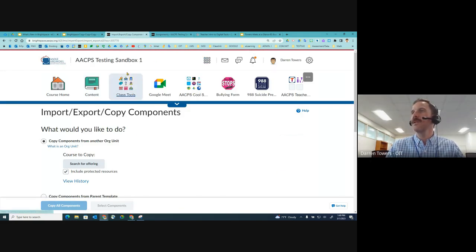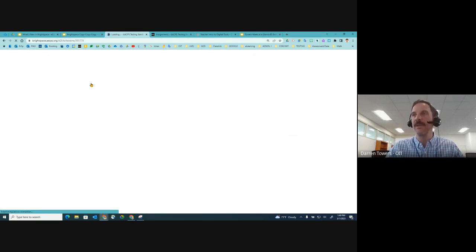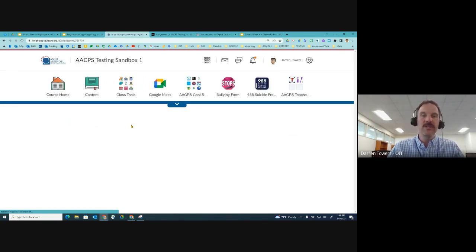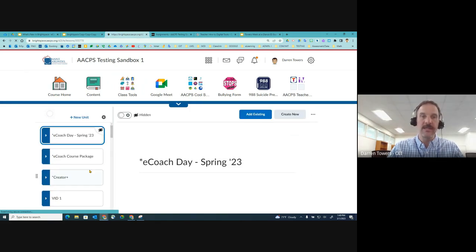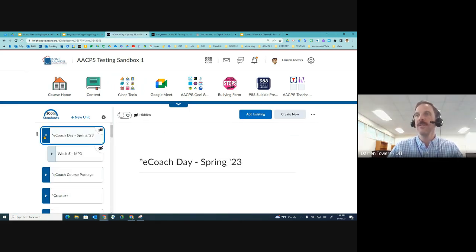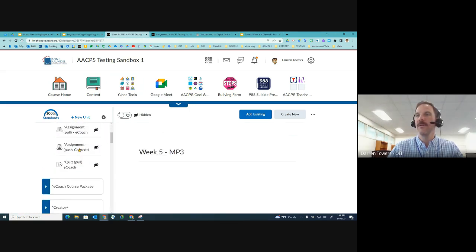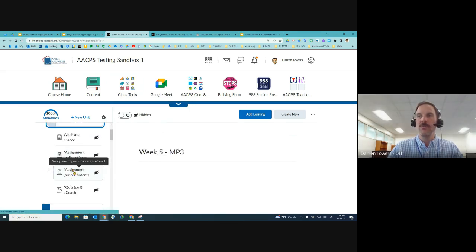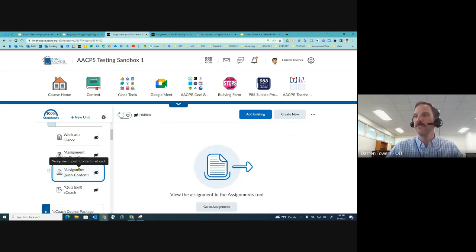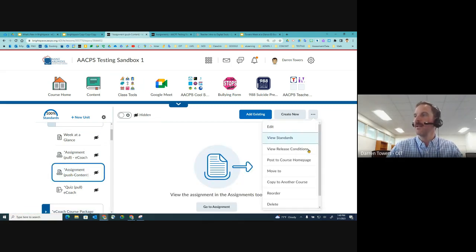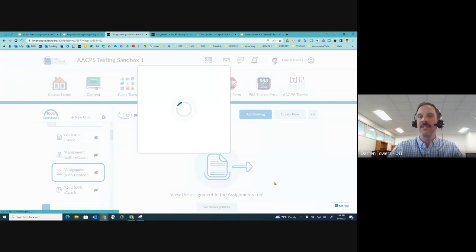So let's start here in our sandbox 1, and let's go into our content here. We're going to start with an assignment. Like I said, you can push an assignment to up to 10 other courses, and there's two ways you can do it. If your assignment is in content, you can use the content tool to push these assignments. So let's go in here, and you can see I have an assignment all ready to be pushed. I'm going to highlight that assignment, just one click. I'm going to come over to my 3 dots, and you see you have an option to copy to another course. If I select this,